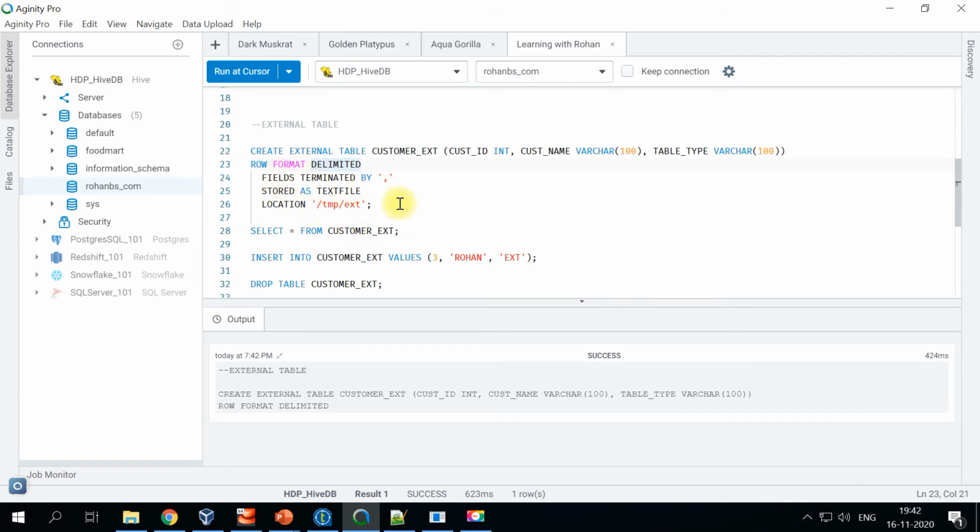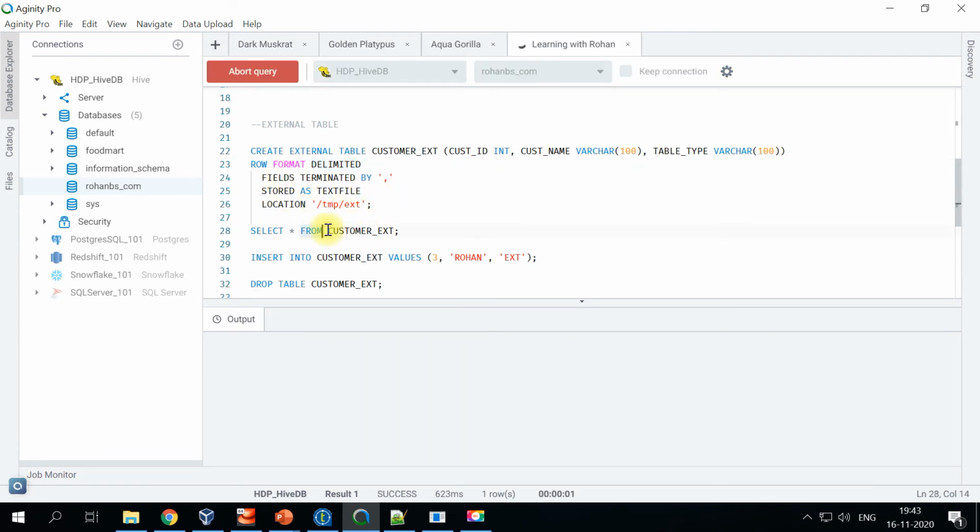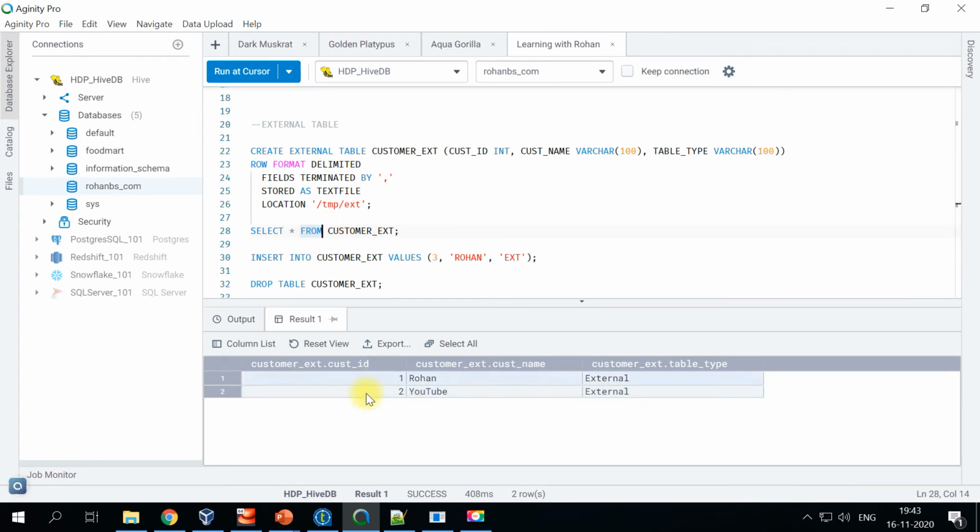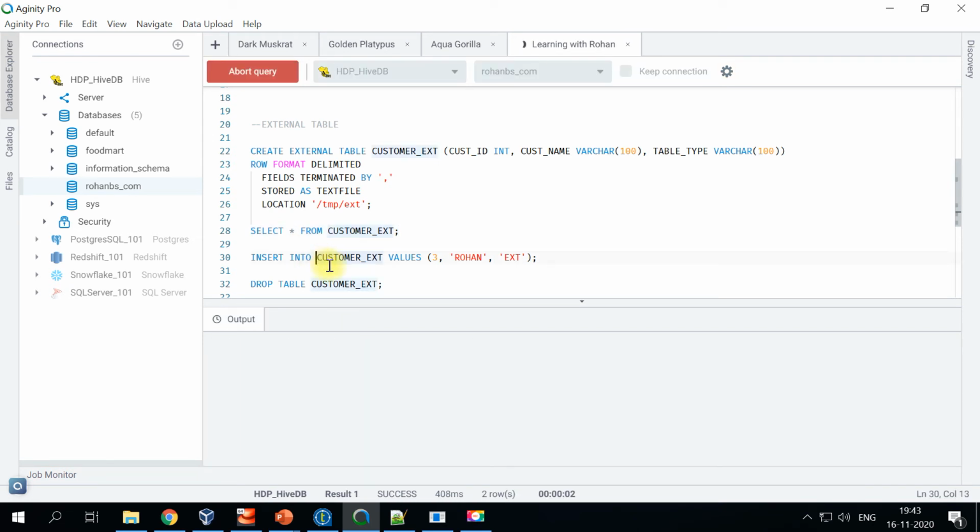So the table is now created, right? So you are able to see records in it. We have not done any inserts here. Directly when you do a select star from the external table, whatever data is there in a file, it will directly read that data and display it on the table. You can even do inserts. That insert is possible, and